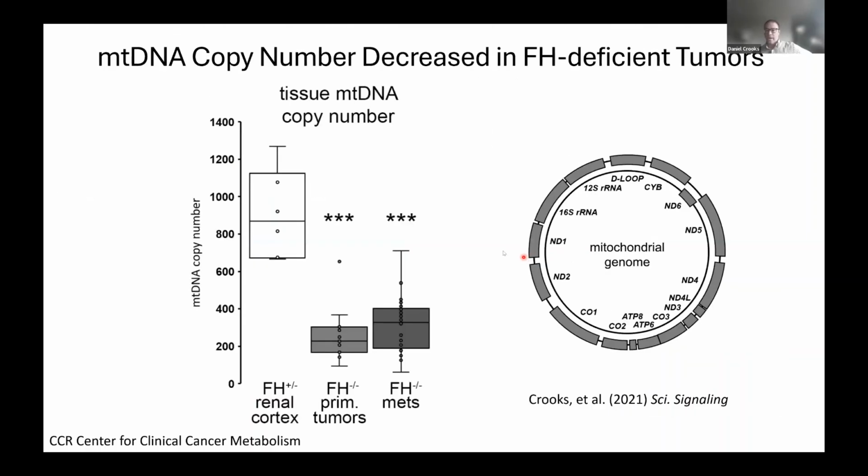We started asking why this is happening. One assay to do was to count mitochondrial DNA copy number. We find that compared to renal cortex samples, although there are still mitochondrial structures in our primary and metastatic tumors, mitochondrial DNA copy number is greatly decreased. The mitochondrial genome encodes subunits of complex 1, 3, 4, and 5 in the mitochondrion. So a diminished amount of these proteins being able to be synthesized